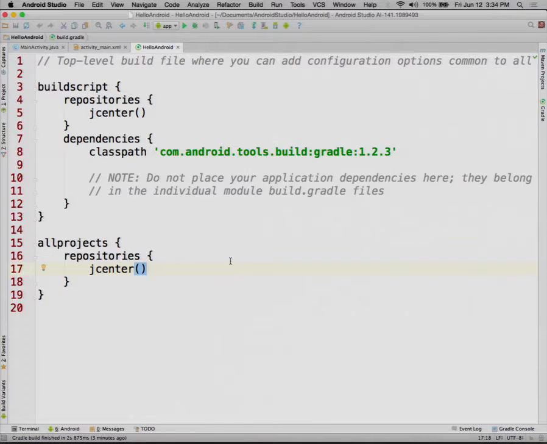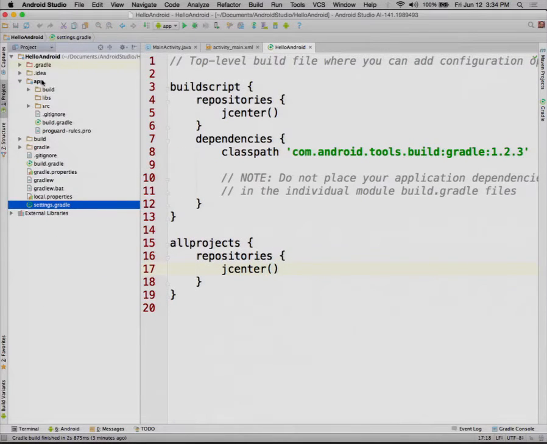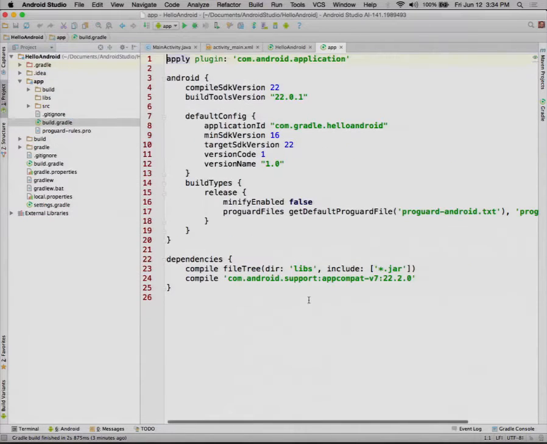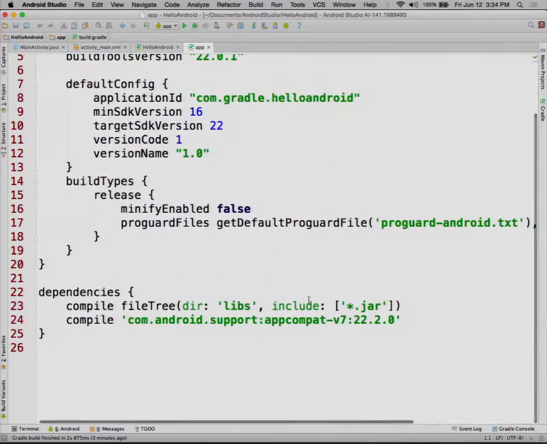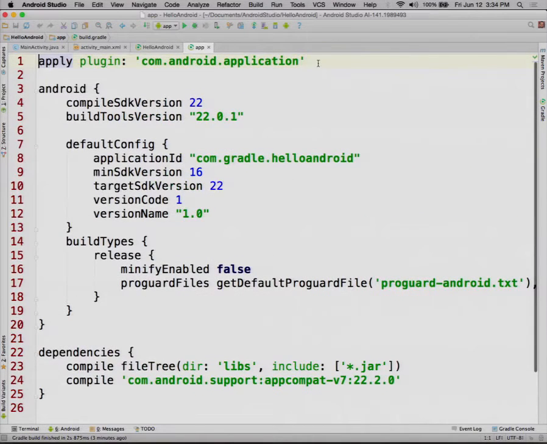Okay, so let me close this. Oh, well, here is the app folder. And in the app folder, again, we have our build.gradle file. So if I open this guy up, you'll see the first line is the actual plugin being applied. The plugin is called com.android.application, and that one makes sense to me. Okay, I get that. So this is largely just a copy and paste, but they start off with this, and I've never had to change that, although the plugin has evolved over time. One time I had to change to the new coordinates, but now it seems fine.